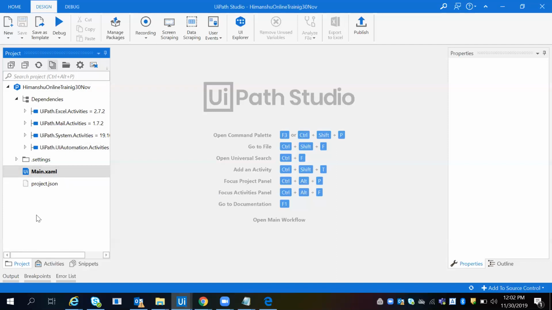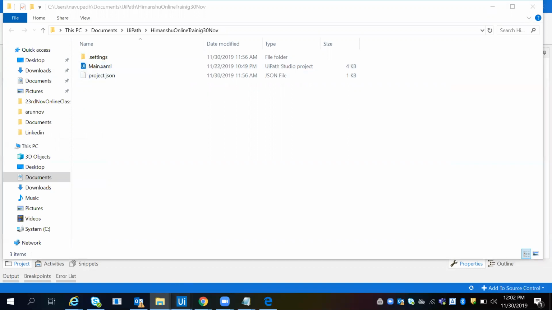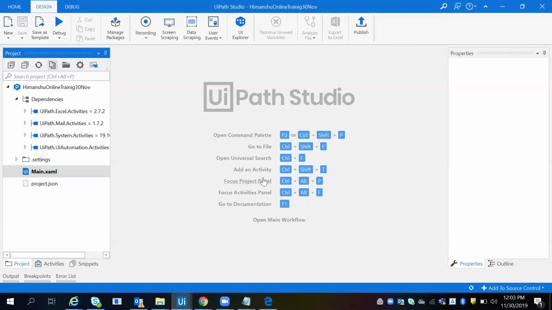Second thing, there are lots of things UiPath provided. Very good thing. If you're creating any project, by default you will get all the folder in your system. So you don't have to go inside any folder. You can click on File Explorer, and you will get your main.xaml file. So by default through UiPath you can go inside your system also. There is no requirement to go one by one in your system and check. Whatever project you already created, through File Explorer you can go inside that project.